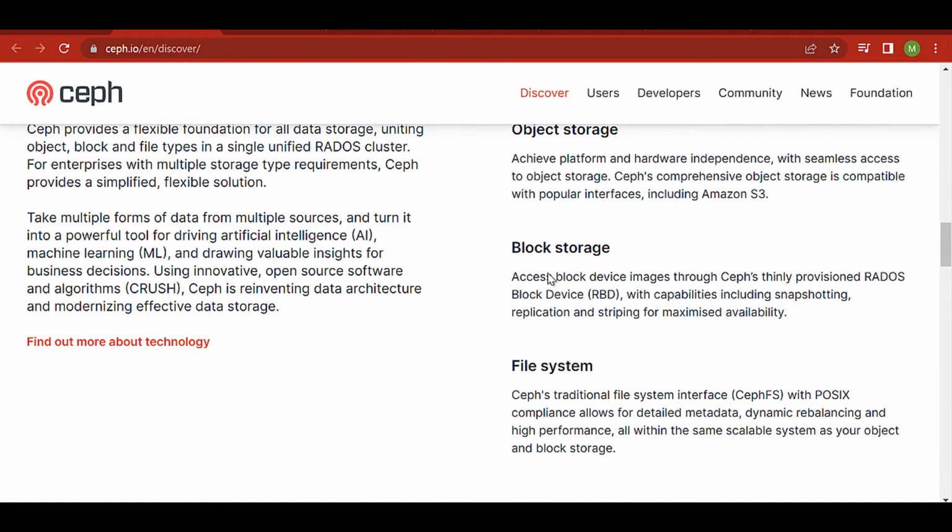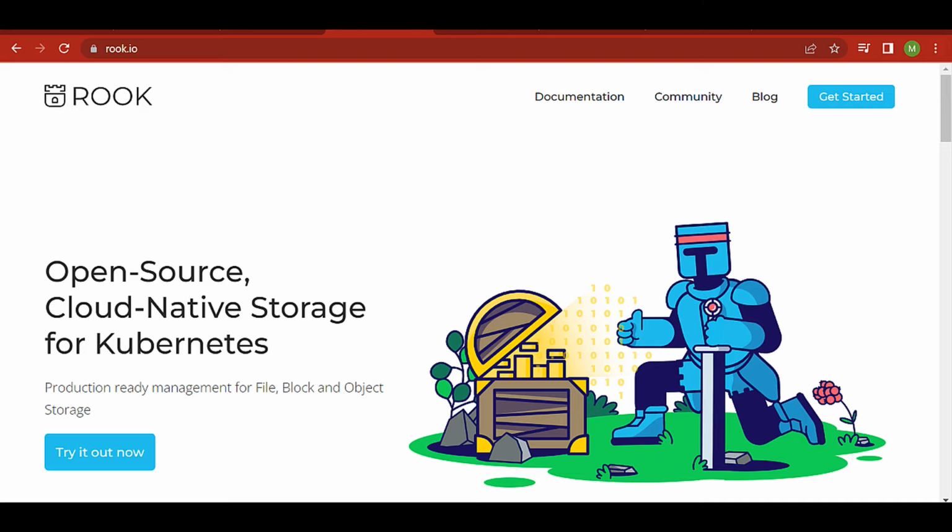And the difference between block storage and file system in terms of Kubernetes: whenever RBD or block storage creates a volume, that volume is mounted by only a single pod, so it is exclusively mounted or bound to a single pod. But if you create a volume using CephFS, the Ceph file system, then that volume can be mounted to multiple pods. It's like NFS, you can mount it to multiple pods. So that's one of the advantages of file systems. But if you want more throughput, you need to use RBD. Okay, we'll see that.